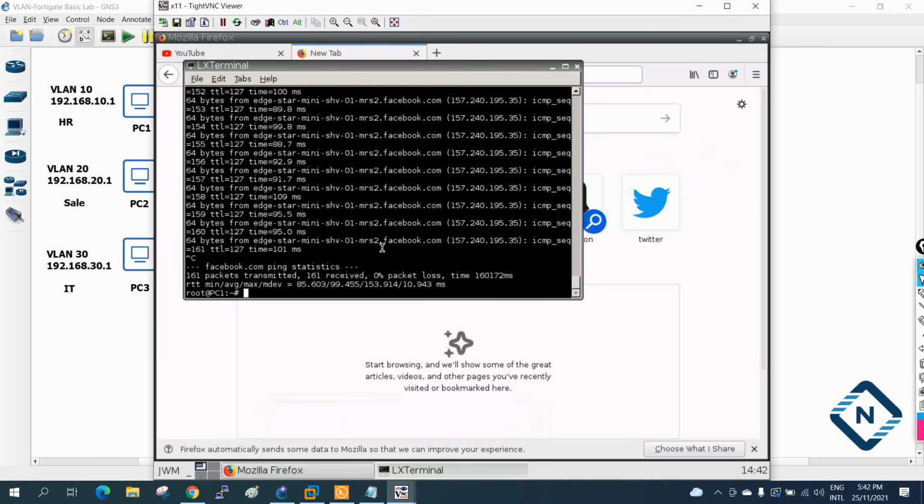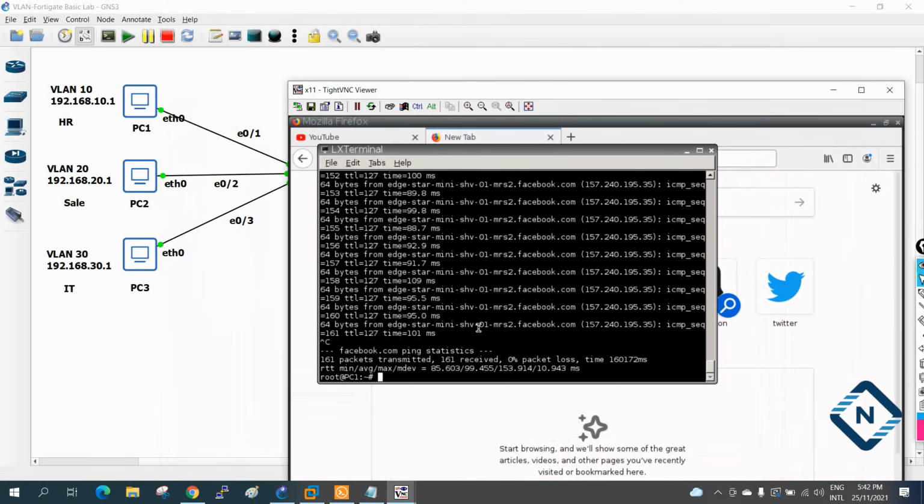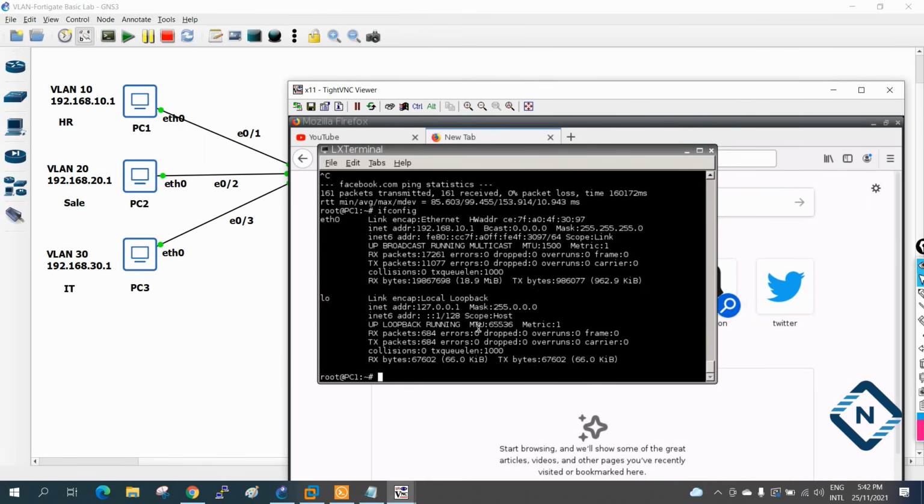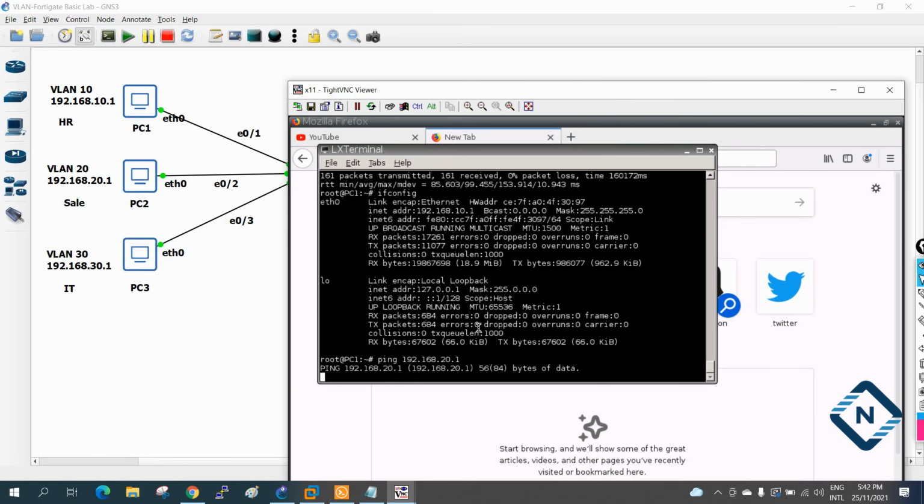So I will stop here and let me check what is the IP of this machine. Ifconfig, so this machine IP is 10.1. I will write ping 192.168.20.1. I am pinging 20.1, which means I am pinging this machine. And if you see here what we will get: request timeout.